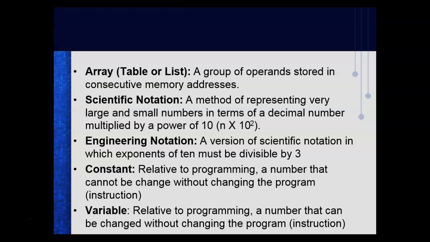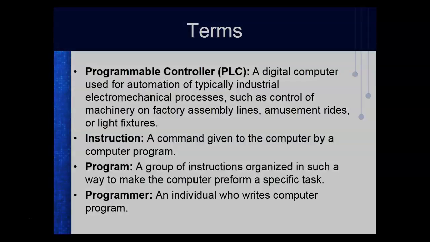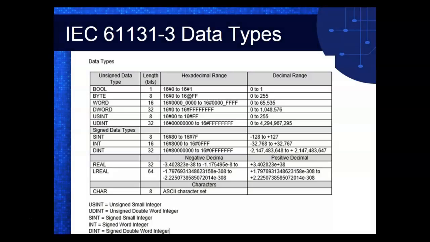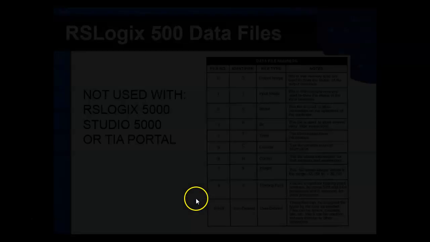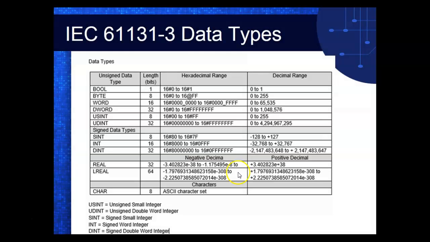In fact, this is what they're showing you up here in this chart, where they're giving you the range in hexadecimal. So right here, this chart: 16 hashtag, so that's a hexadecimal number. That's not a binary number, that's hexadecimal. And we can specify that. Normally we do it when we set up